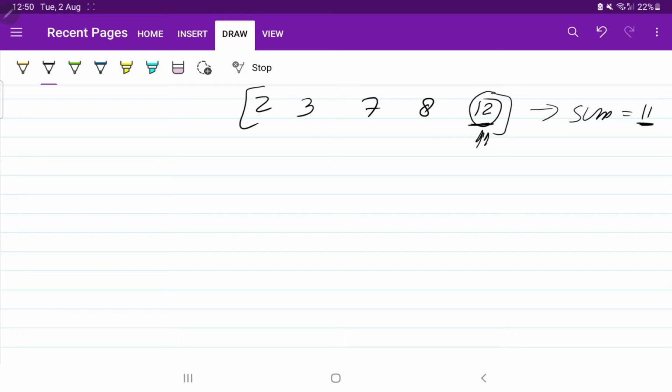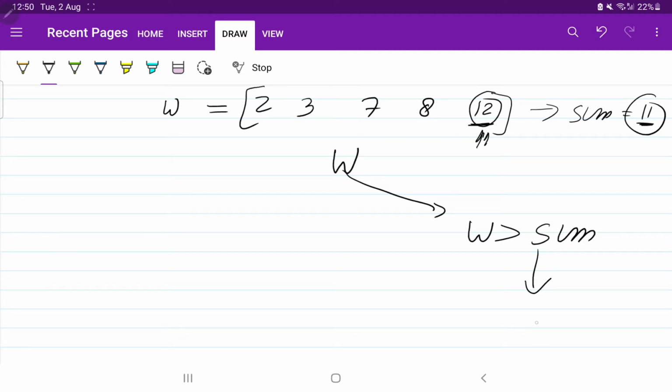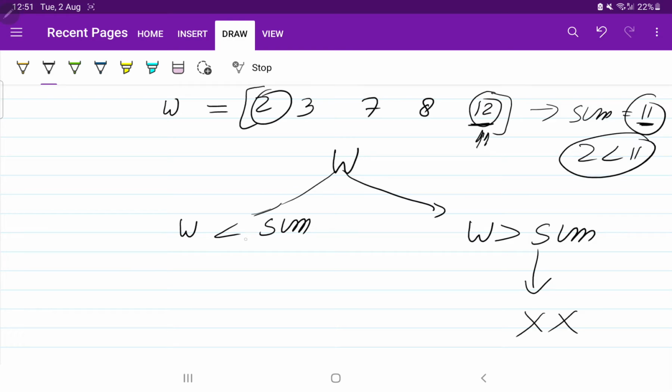Suppose these elements are W. For W we have two conditions. If W is greater than the sum, we are sure that we are not going to take that element. And if W is less than sum, suppose 2, so 2 is less than 11, now we can go for checking.